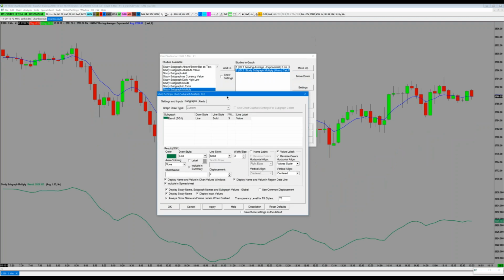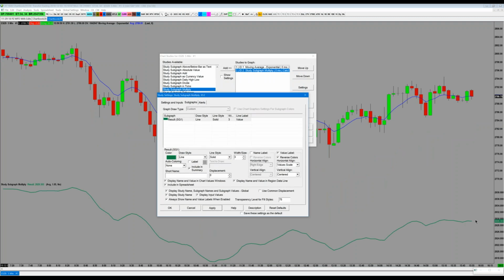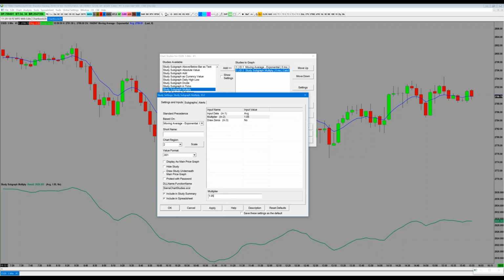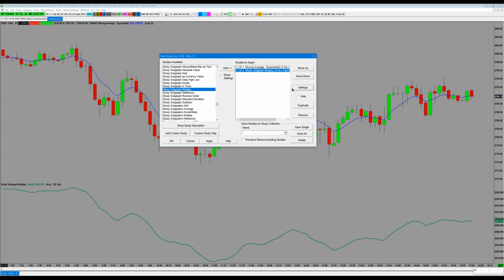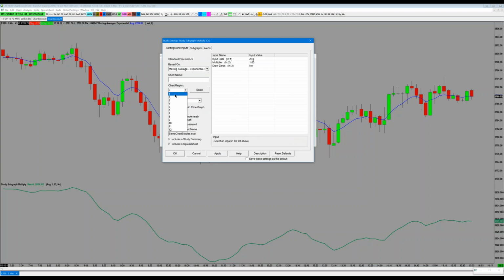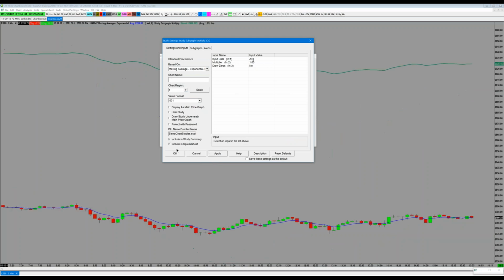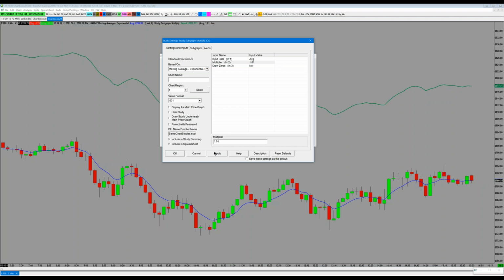29.29. So what this is doing is taking the EMA and multiplying it by 1.05. If I just wanted to reduce this number a little bit, well, actually, before we do that, let's put this in region 1 so we can see how it looks. Region 1 is the area where the main price graph is up here. So way far away from the market. Let's take the multiplier now and go down to 1.01. Now it looks like this. So this is basically the EMA 1% higher.